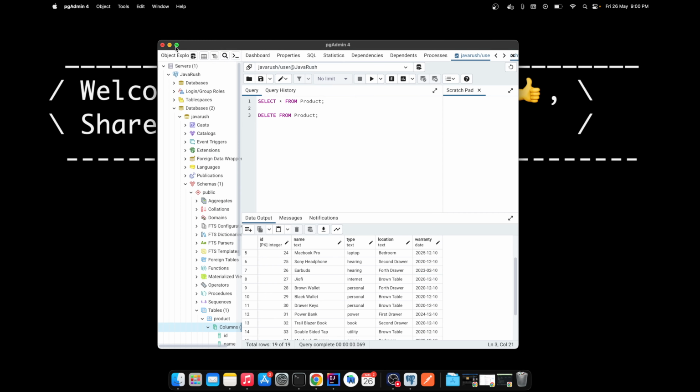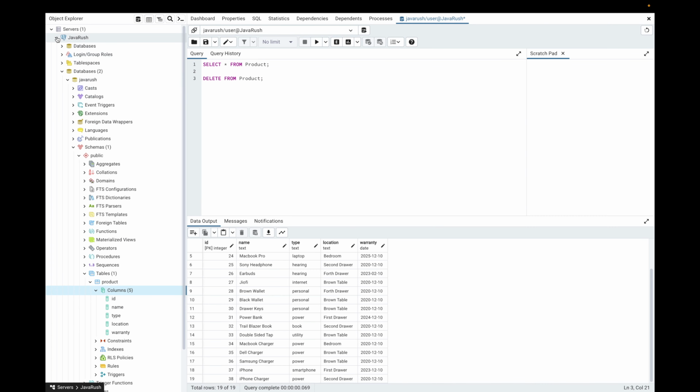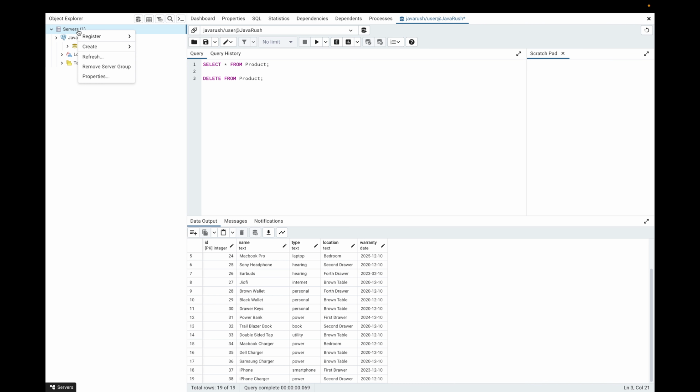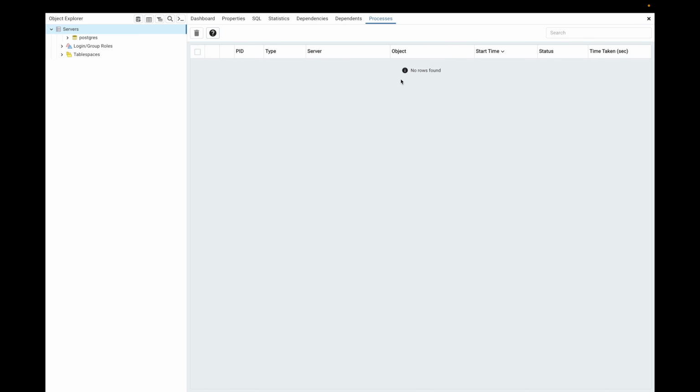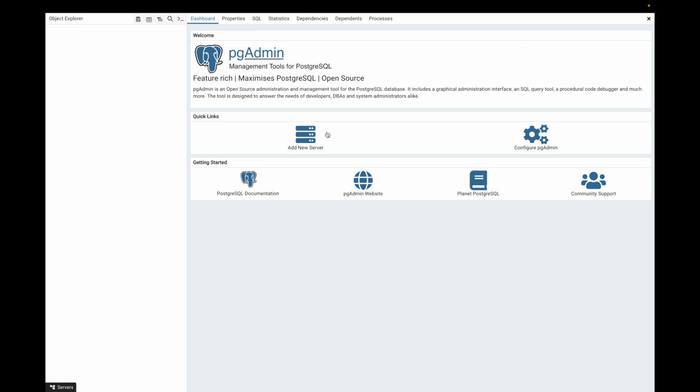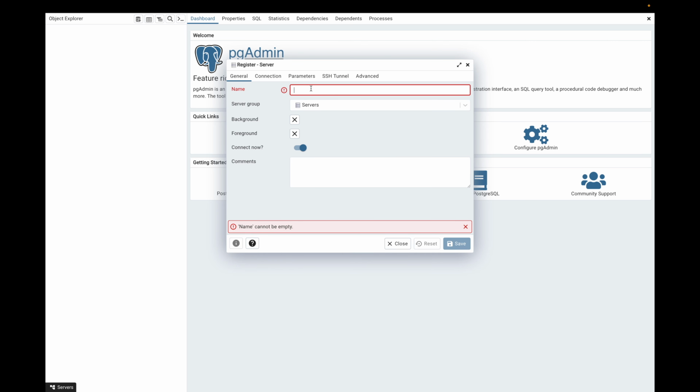Open pgadmin. Okay, so let's connect. Remove this, create, register. Let's remove the server and see how we connect to the server from the start. I will click on dashboard, click on add new server. Now you can give anything as the server name. I will give